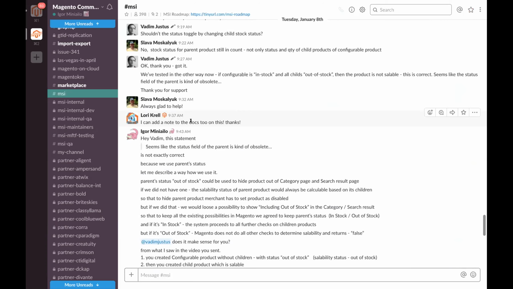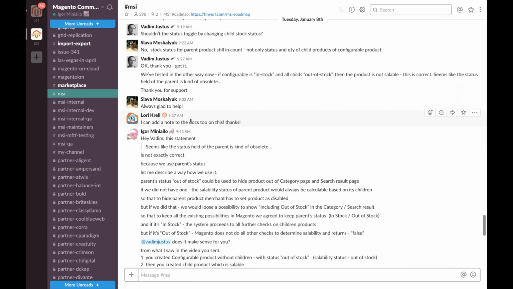So to support the behavior of showing the out of stock product, if a merchant for some reason decided to set a product to out of stock, and this is a conscious decision even though that product is available, but along with that, to provide an ability for customers to add the product to their wish lists, we agreed that we will have the stock status on the level of composite products like the configurable one, and specifying that a product is out of stock is one of our first step validations for such services as